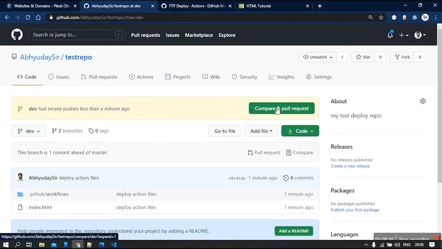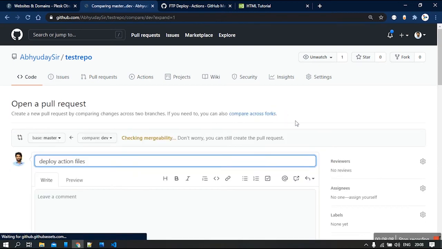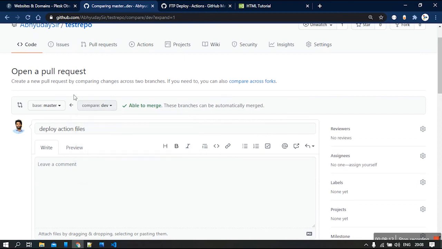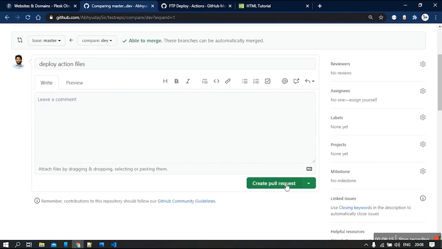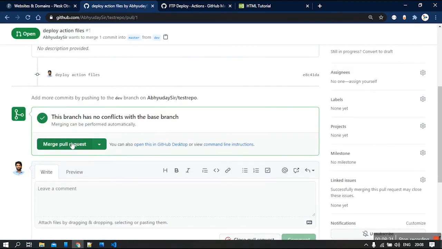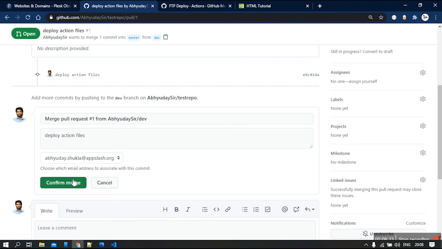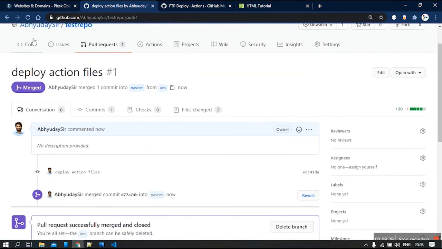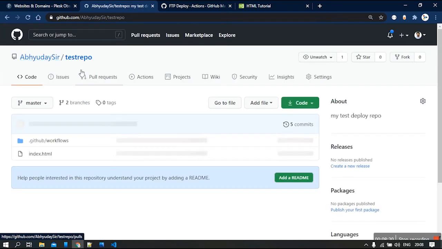So it's going to be a compare and pull request. We are going to take all the changes from dev and push them to the master. I'll not leave any comments because those don't make sense over here. We'll create a pull request, and who's going to merge? Because I'm the god of this repository, I'm going to merge it. I'll confirm the merge, and as soon as the merge happens, it means that the changes have been made to